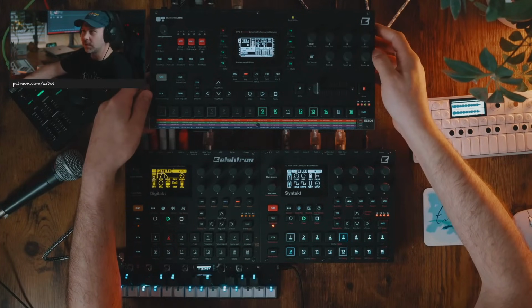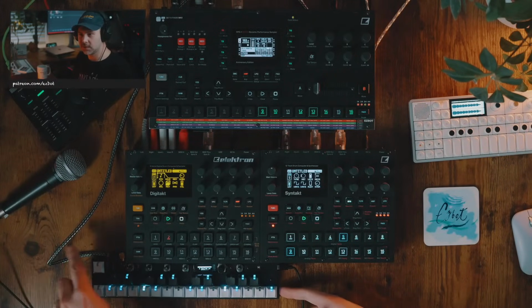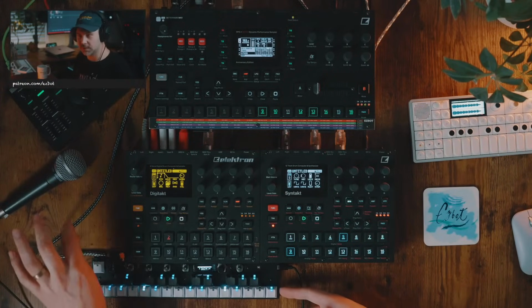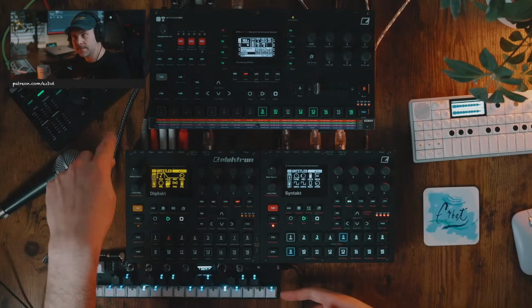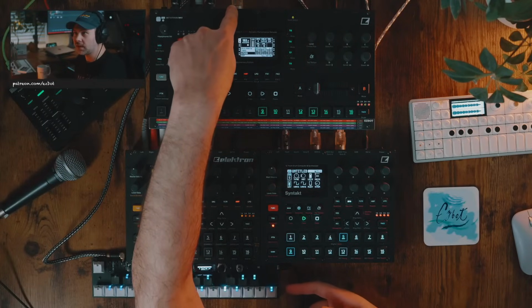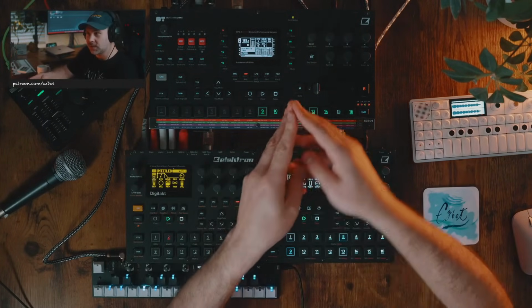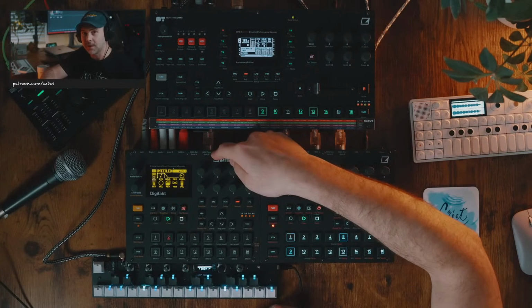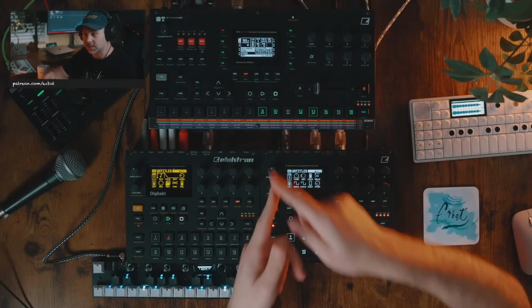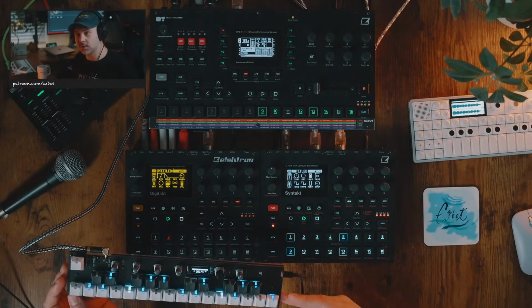This 3.5 stereo cable, which is way too thick of a cable, I should get a different one, is running into the MIDI merger, and the Octatrack's clock and transport output is going also into the MIDI merger, and both those things are running into the MIDI input on my Digitakt, getting clock from the Octatrack, and auto channel control, keyboard control with